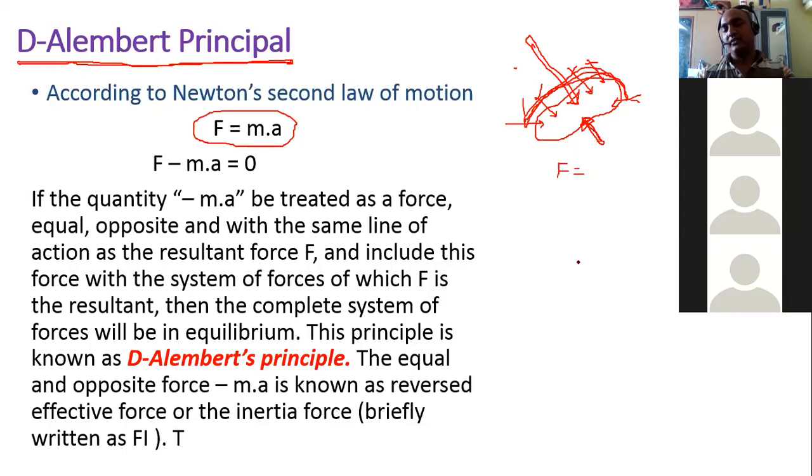So for example, suppose you have a big cupboard in your house. Now if you want to move this cupboard, let us say two or three people from your home are trying to push this cupboard. So it means that two or three forces are there.